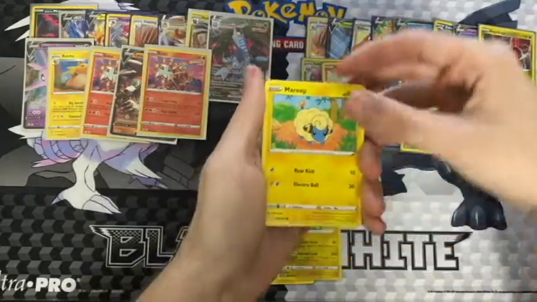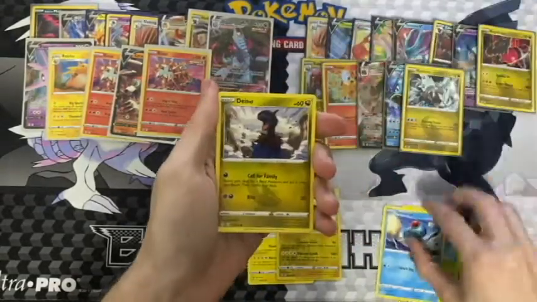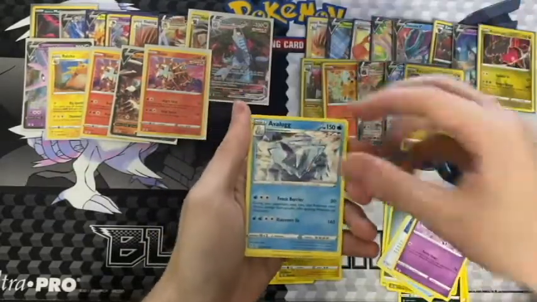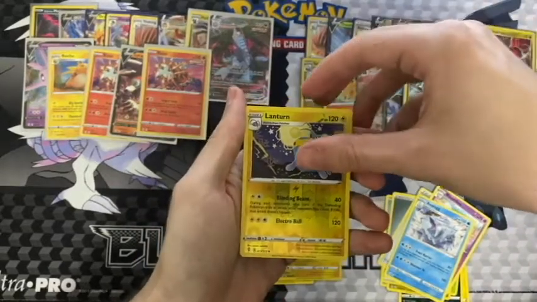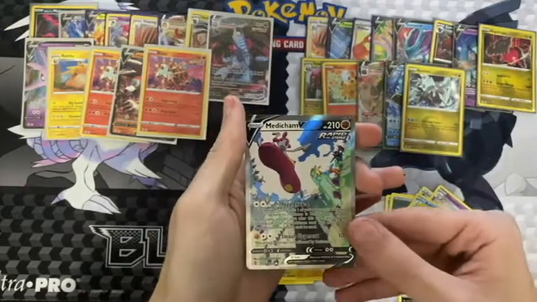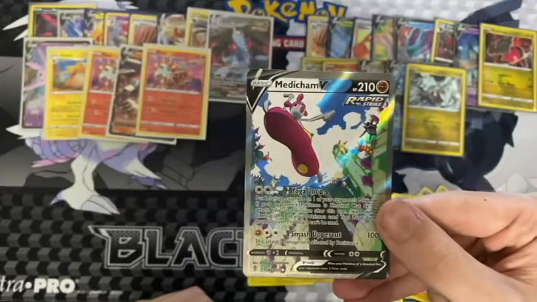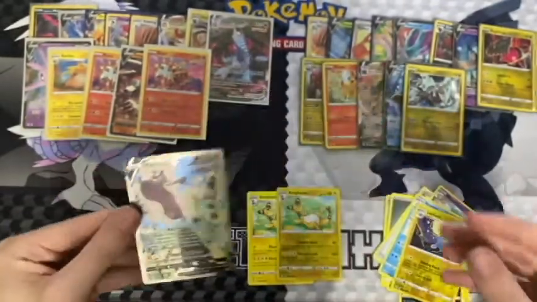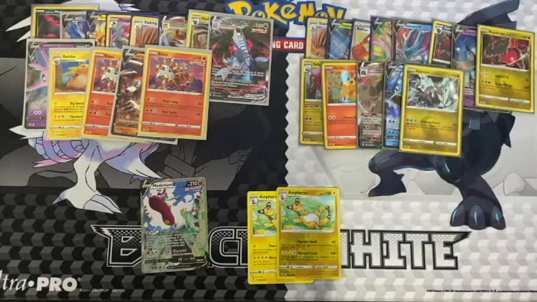Okay, here we go. Mareep, Zorua, Hoppip, Tentacool, Dino, Metal Energy, Boost Shake, Ribombee, Avalugg, a reverse hollow lantern. What do we have behind it? Oh, yo! Alternate art Medicham V. Wow, okay, first off, not only is it an alternate art, because that alone is just incredible, but it's also